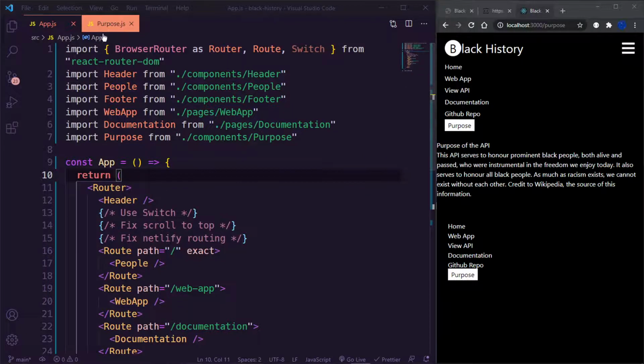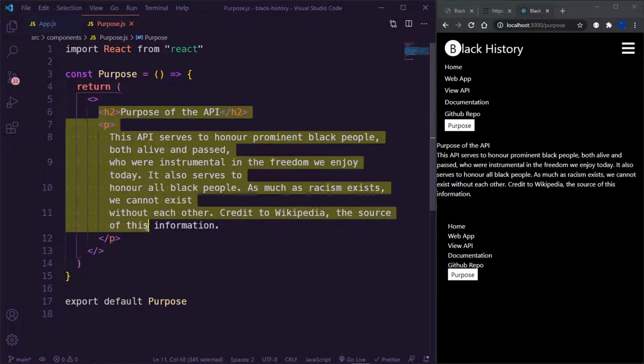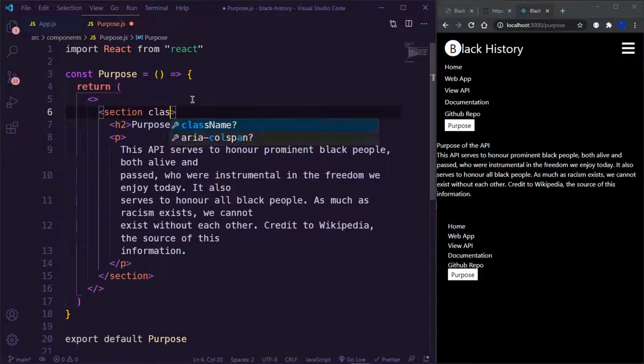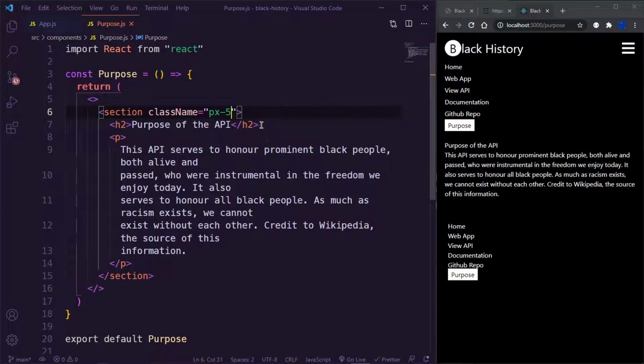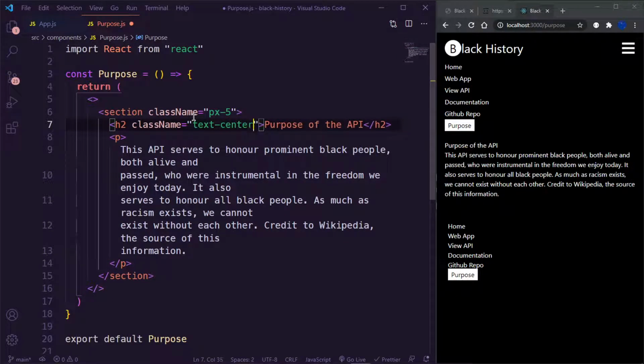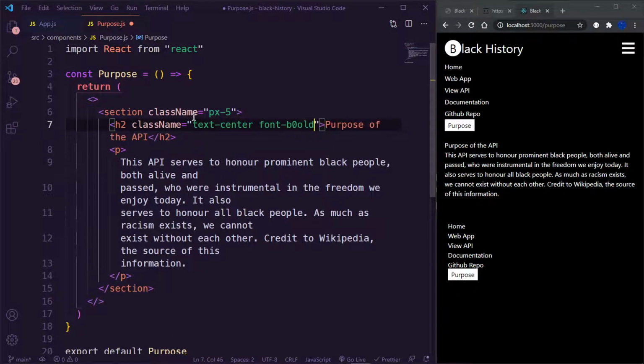Okay, so let's style this out. I want to grab all of this, place this inside a section, and then go inside this section, give this a class name of padding on the x of 5. And at this point, I'm realizing that probably I should have set a global variable for this because I'm using it so many times. Okay, go inside this h2, give this h2 a class name of text-center, and then font-bold, and then text-4xl,